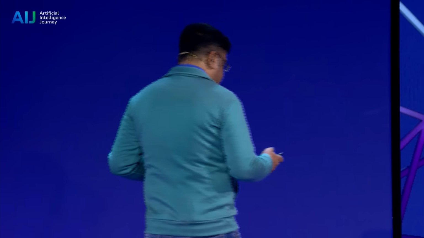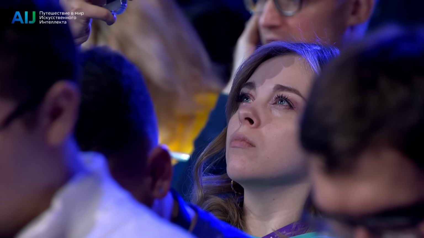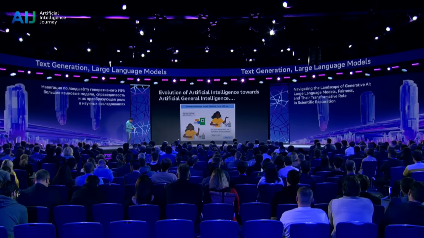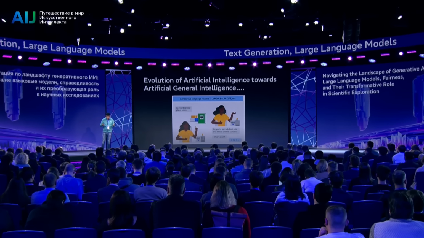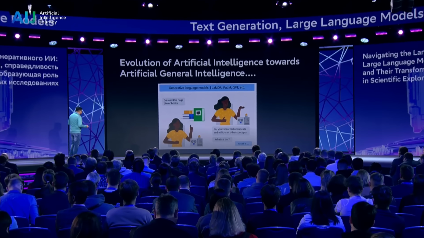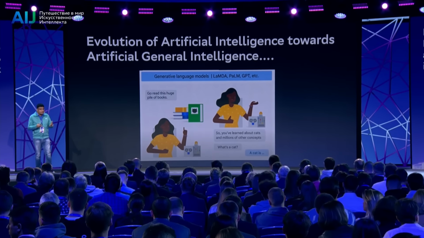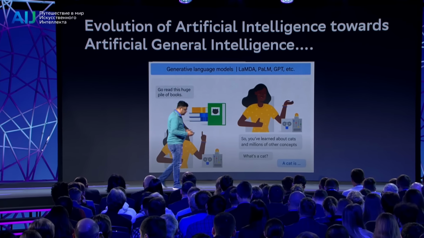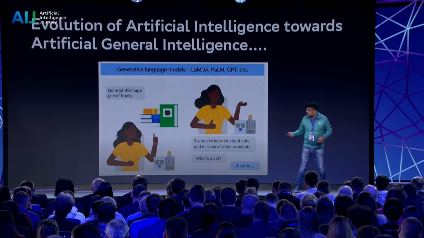Similarly, these language models read a huge pile of text data, not books, through different text repositories on the internet, like Wikipedia, PubMed, and so on. Then they come back, and now you ask it, you have learned about cats and millions of other concepts, what is a cat? And it should tell you what a cat is. Not only a cat, it should tell you what a rat is, what a mouse is, what a hippopotamus is, and so on. That is the basic idea of